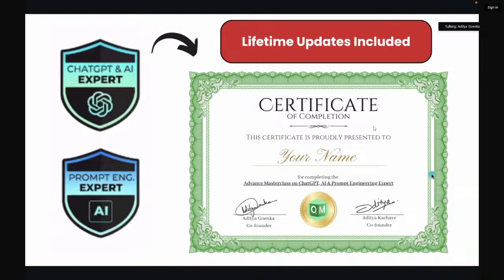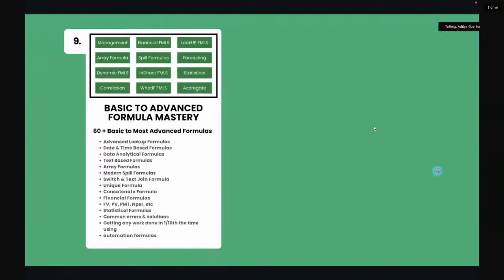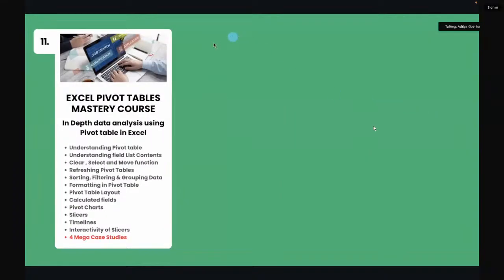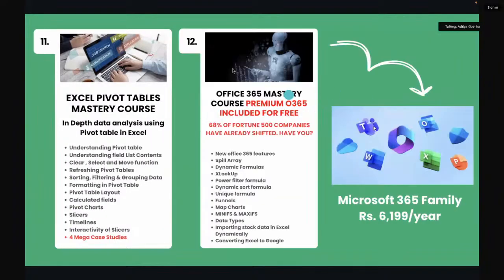Once we learn all of this, we'll be moving on to the four most important tools. As I mentioned, the first one was ChatGPT. Apart from that, there were four more. So we'll firstly be covering everything about Excel, right from basics of Microsoft Excel, where we'll be learning about formulas in Microsoft Excel, to data visualization expertise in Microsoft Excel, to pivot tables in Microsoft Excel, where we'll be able to analyze data, to Office 365 mastery course in Microsoft Excel, because 68% of Fortune 500 companies have already shifted